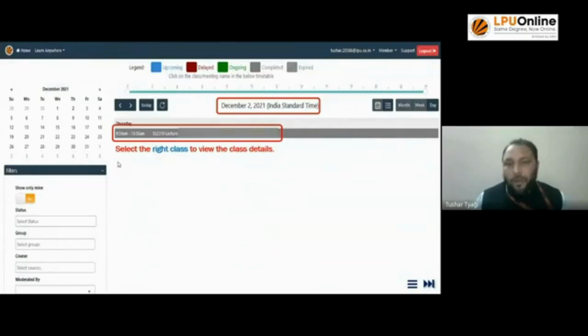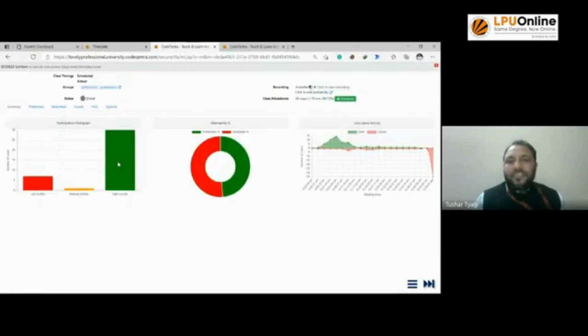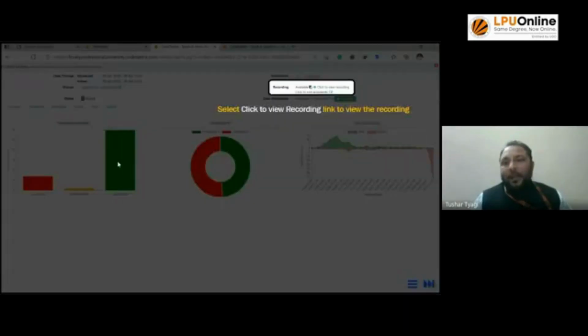In your case, it may be your own course code, right? So just click on that particular class. The date will change automatically, and the calendar will jump to December 2. Just click on that class, and you would see that the recording is available over here. If it is shown in green color, that means the recording has been processed and you can access it,